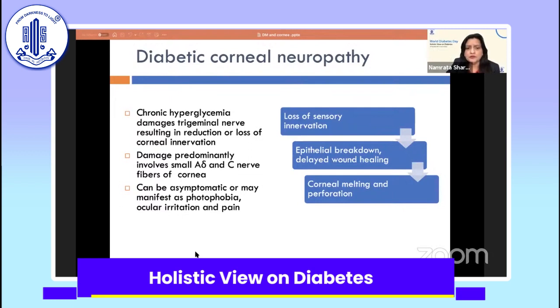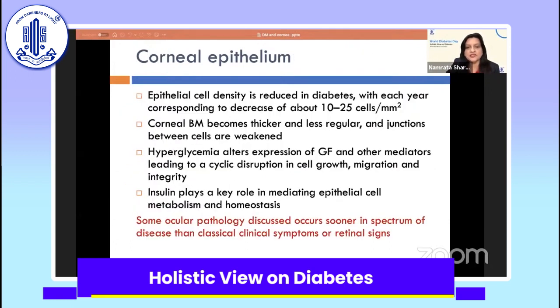And this corroborates very well with the research which has been done mainly in the animal studies to see which nerve fibers are affected, and it is the A and the C nerve fibers of the cornea which have classically been affected. If you look at the epithelial cell density, that is also reduced in diabetes, and corneal Bowman's membrane also becomes thicker, and